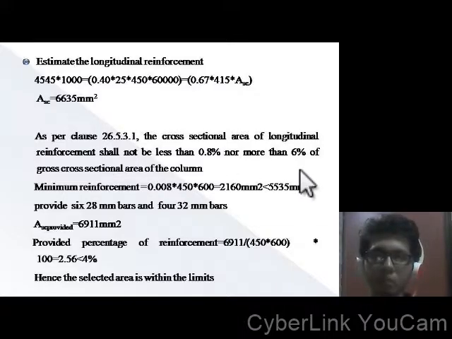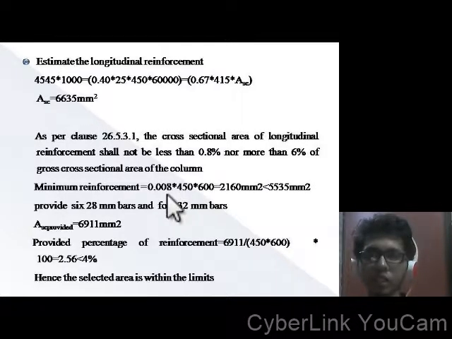For practical purposes we restrict it up to 4% only. So we are finding out the minimum reinforcement, that is 0.008, that is 0.8% of the gross sectional area. We'll get it as 2160 mm square,